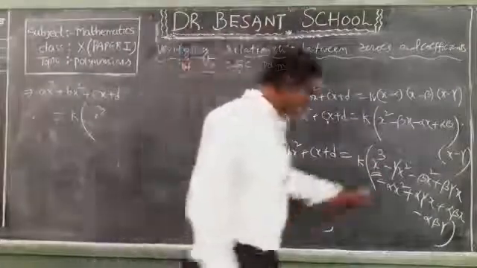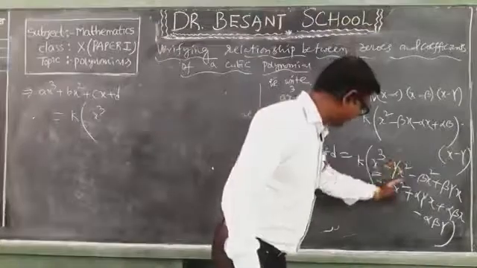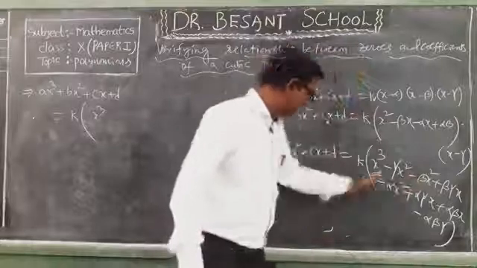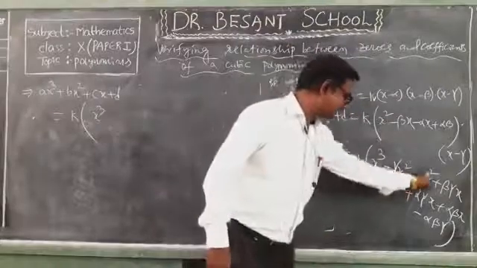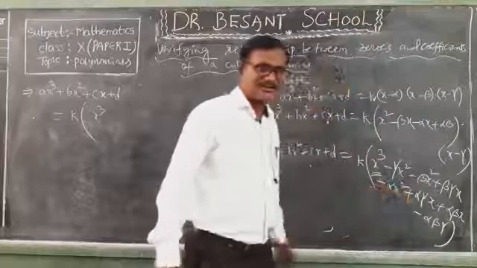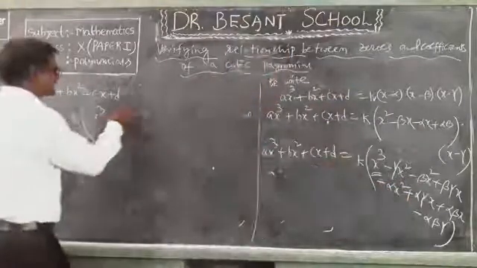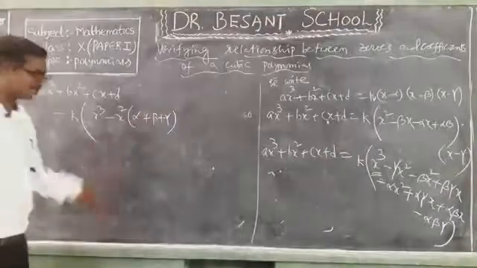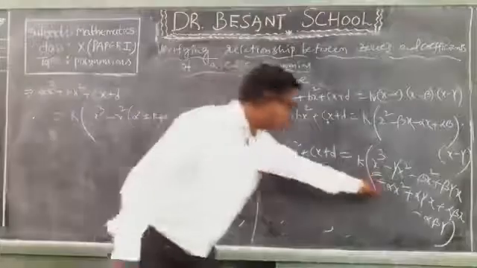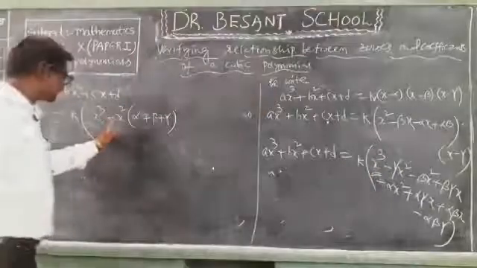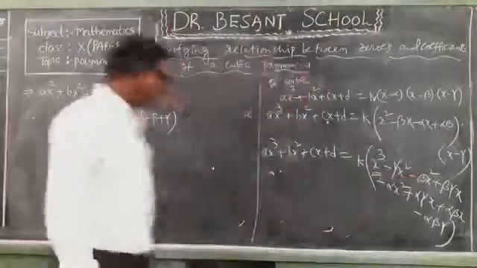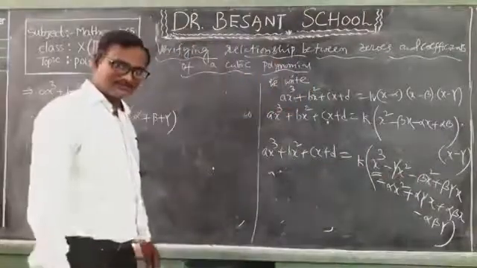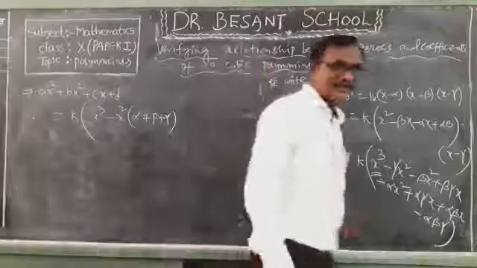See, x square terms: minus gamma x square, minus alpha x square, minus beta x square. From all those three I am going to take minus x square as common. Still I have alpha plus beta plus gamma. Why? Because minus x square into alpha is minus alpha x square, minus x square into beta is minus beta x square, minus x square into gamma is minus gamma x square. Did you understand? Yes.